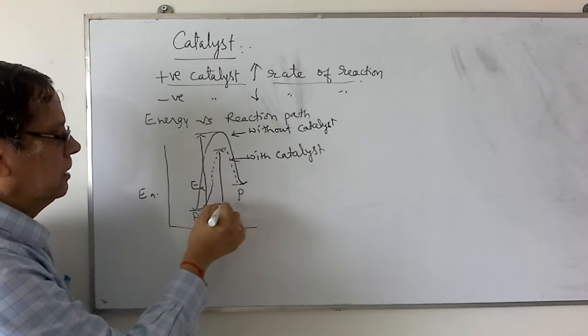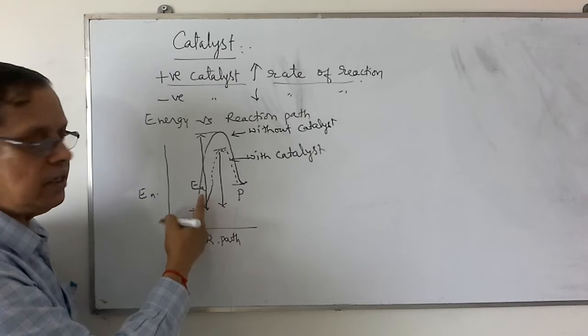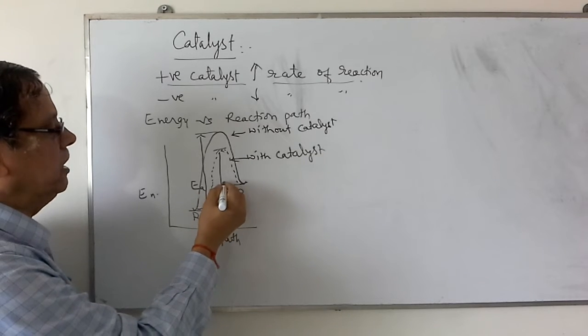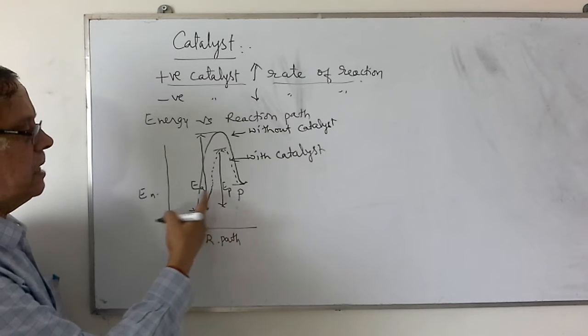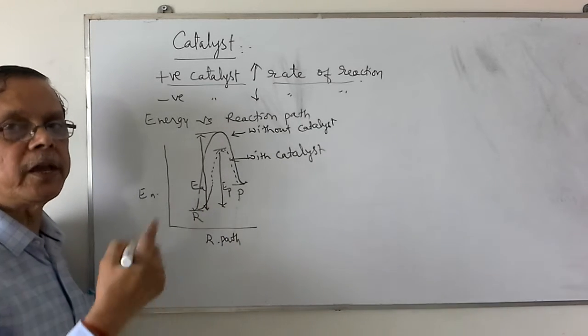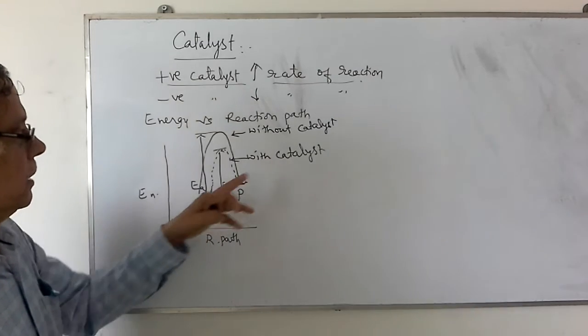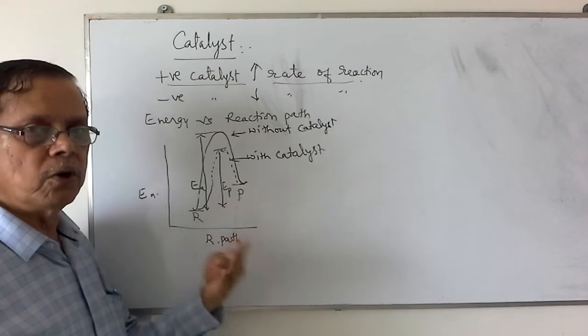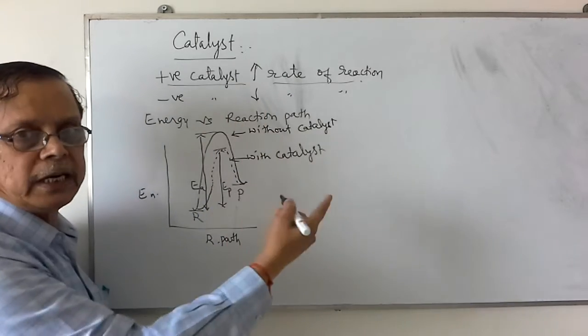Let us say this is the energy of activation in absence of the catalyst, and this is the energy of activation in presence of the catalyst. Since this Ea' is lesser as compared to Ea, more molecules can pass through this energy barrier. So the reaction will proceed with more molecules taking part in the reaction, and hence the positive catalyst increases the